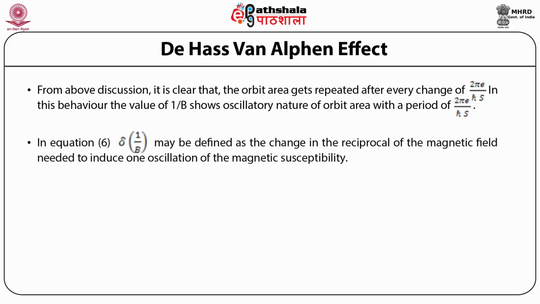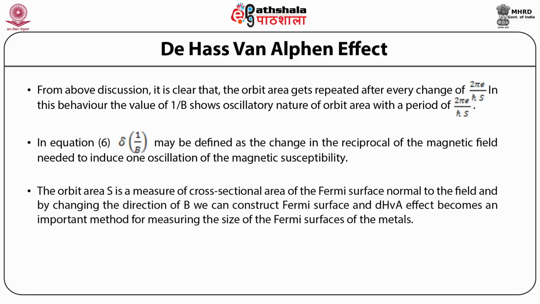In equation 6, this delta as a function of 1 by B may be defined as the change in the reciprocal of magnetic field needed to induce one oscillation of magnetic susceptibility. So if we want one oscillation of magnetic susceptibility increment, then we have to give this change as a function of 1 by B. So orbit area S is a measure of the cross-sectional area of the Fermi surface normal to